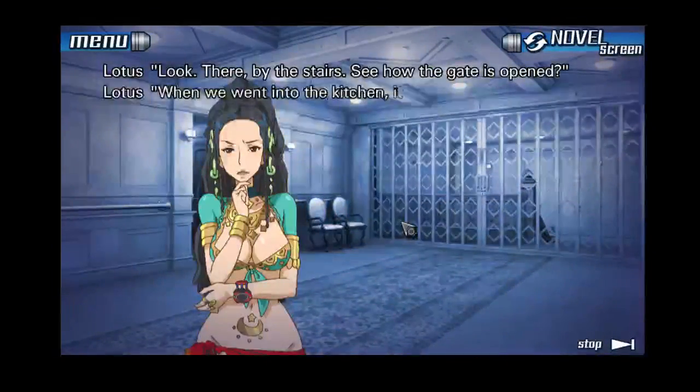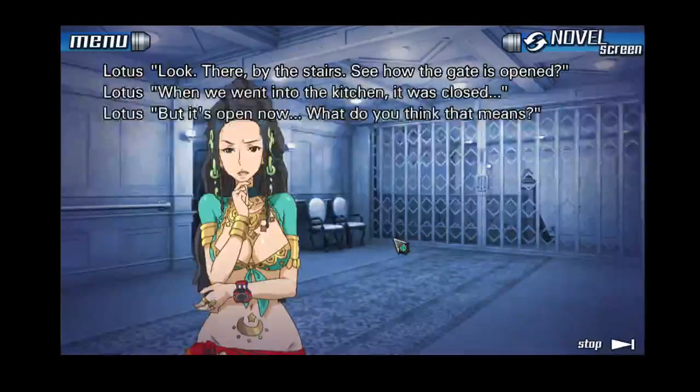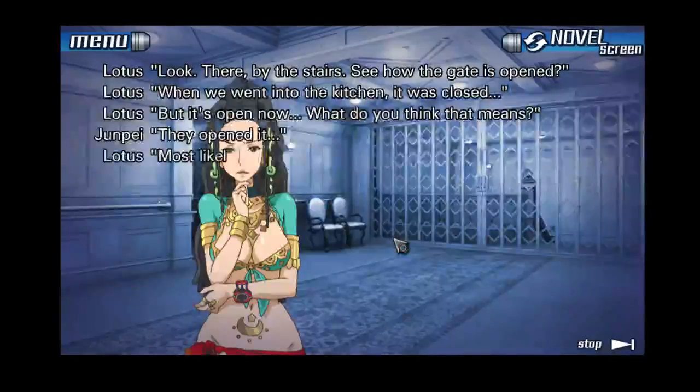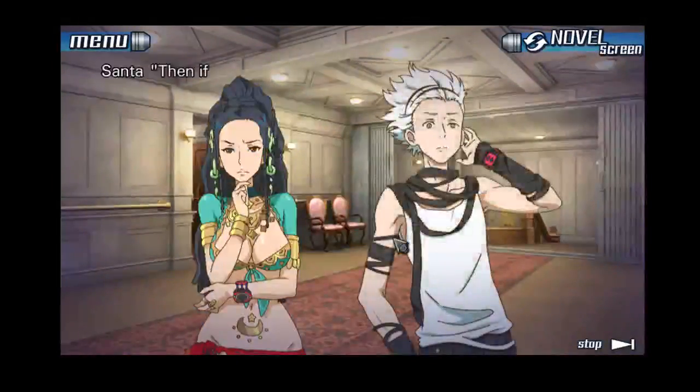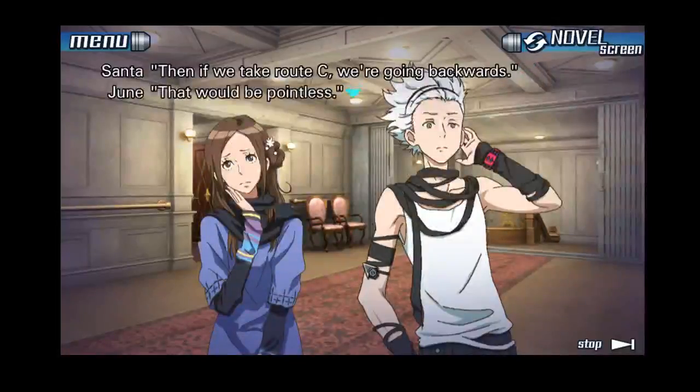When we went into the kitchen, it was closed. Oh. But it's open now. What do you think that means? They opened it. Most likely. And if we take route C, we're going backwards. That would be pointless. I didn't notice that was closed. Then that means...